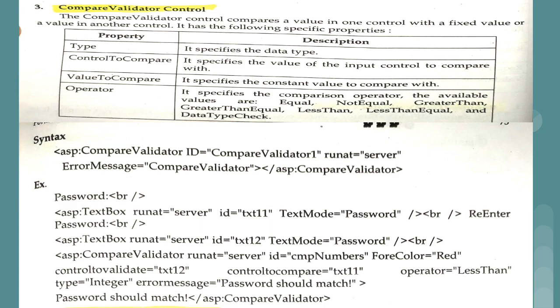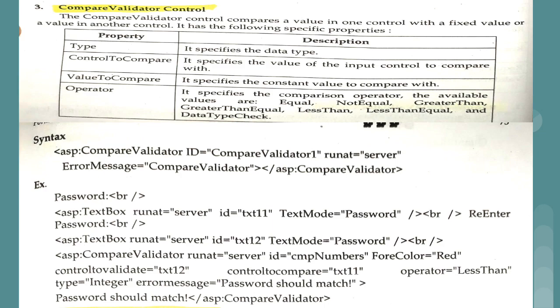I don't know whether you are familiar with this example or not. As we all know, we have bank accounts, and most people use the software of the specific bank. In that we have one option, that is add beneficiary. Whenever we are adding the beneficiary, they ask for the account number. First they tell you to enter the account number, and again they tell you to re-enter the account number. It's a kind of confirmation from you. So both times we have to enter the same account number. So for that purpose also we can make use of the compare validator.